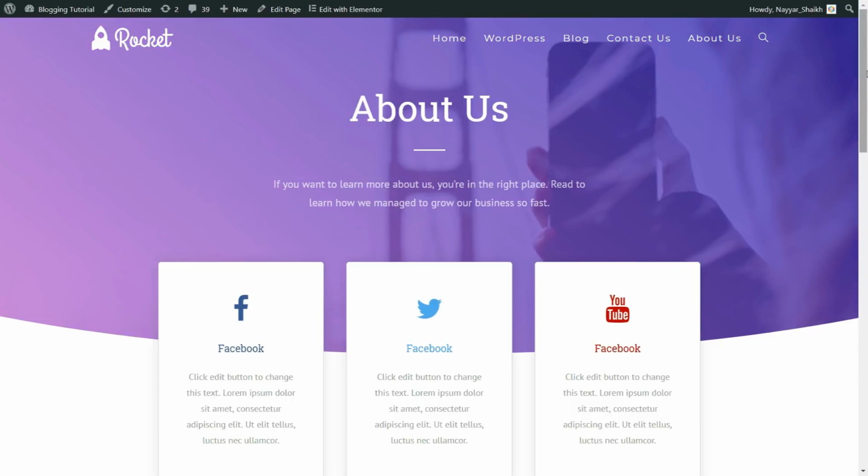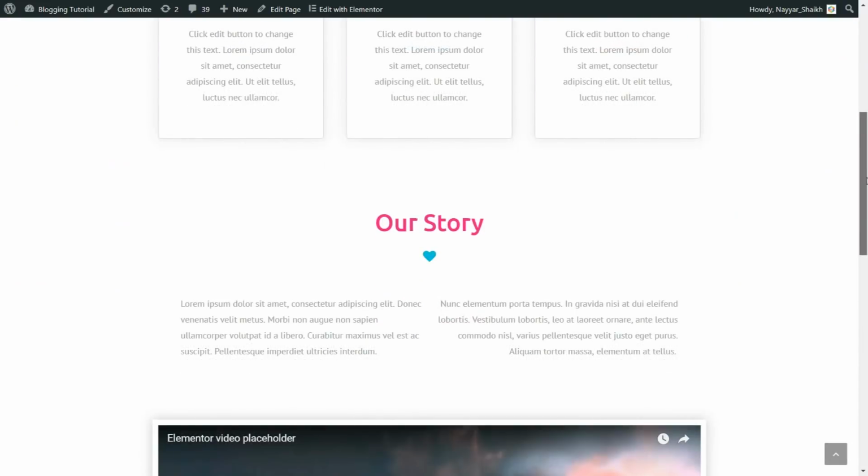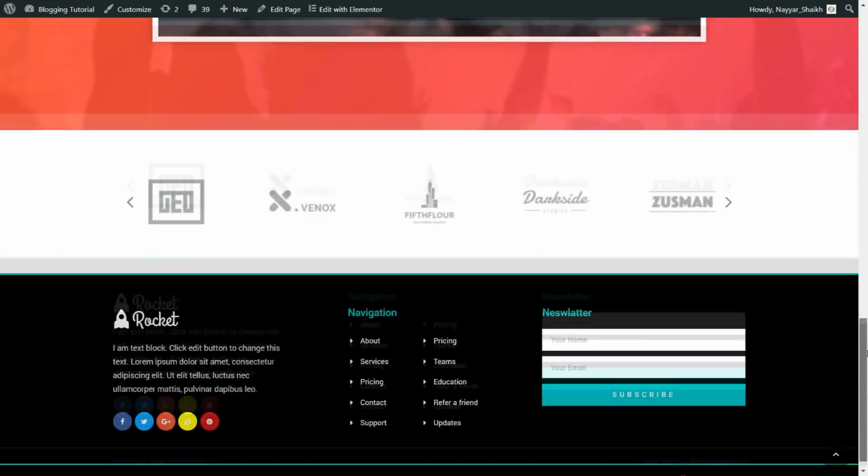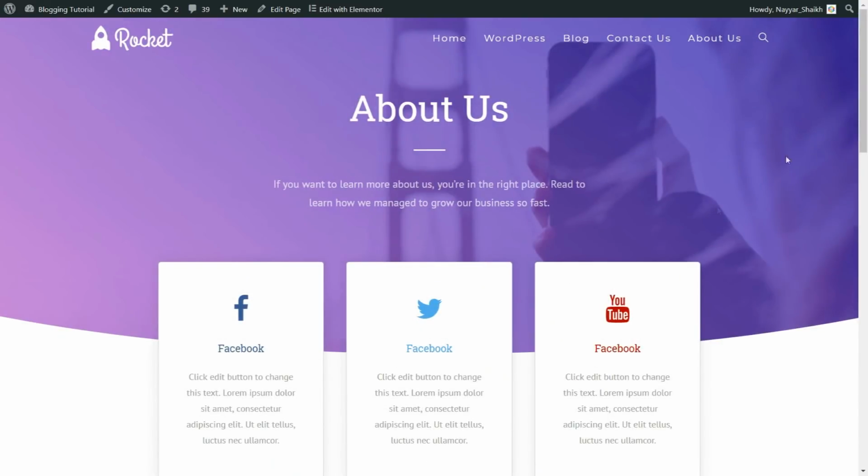As you can see, this is also a very beautiful page, and again, the color combination is consistent throughout the website. This is our about us page. This is actually a simple layout. I have not done a lot of changes over here except for changing this color. Okay, so this is the